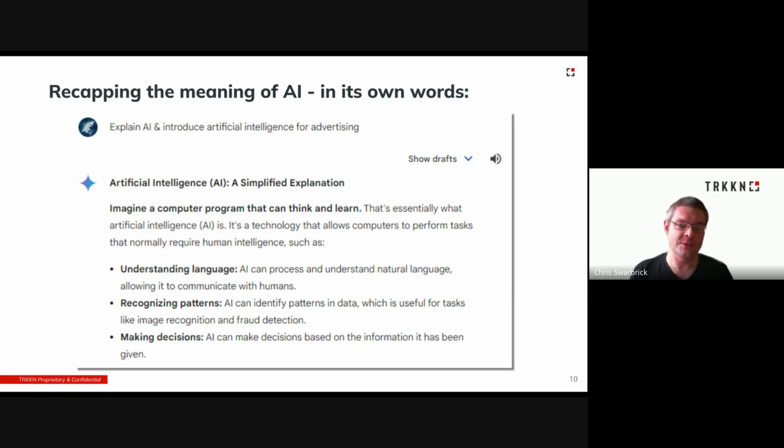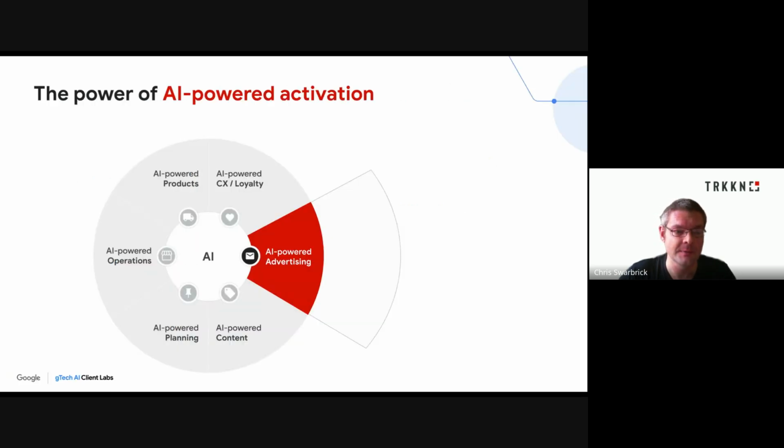It can process data at incredible scale and speed. It can make connections and surface insights across that data. But most importantly, it can make decisions on the findings and take action at inhuman speed and granularity. Sounds great, but what does that mean in more practical terms? Where does AI-powered activation add value to your marketing activity?